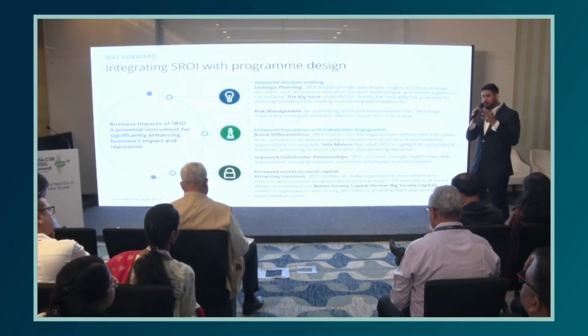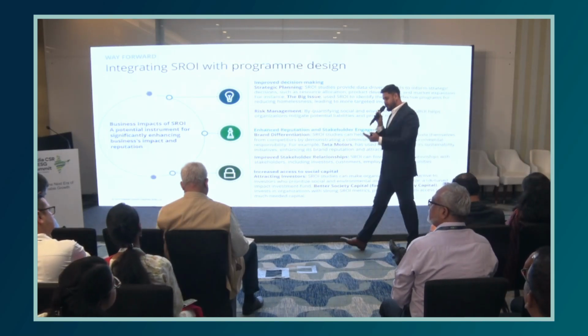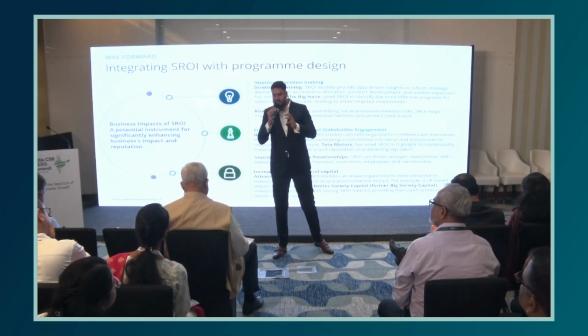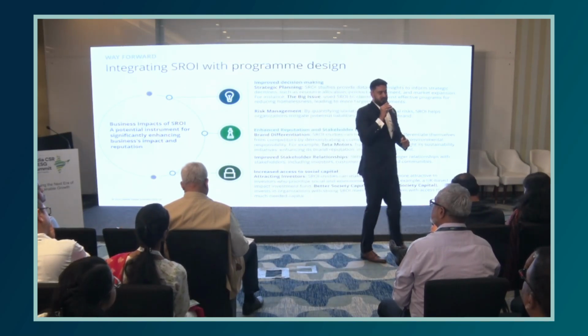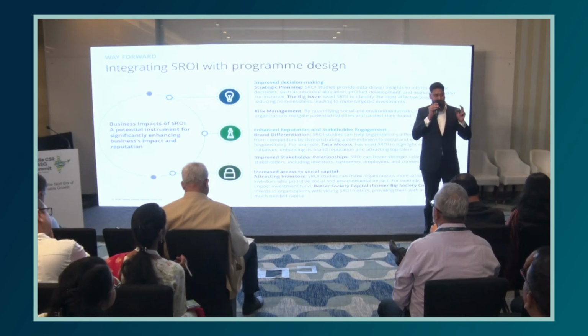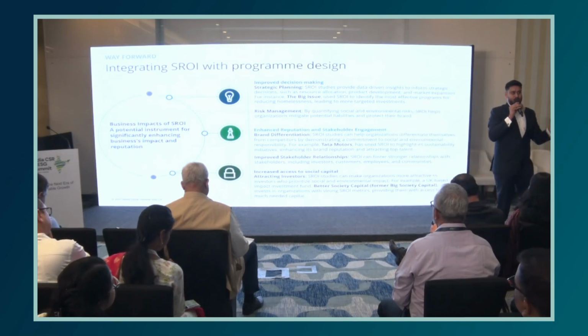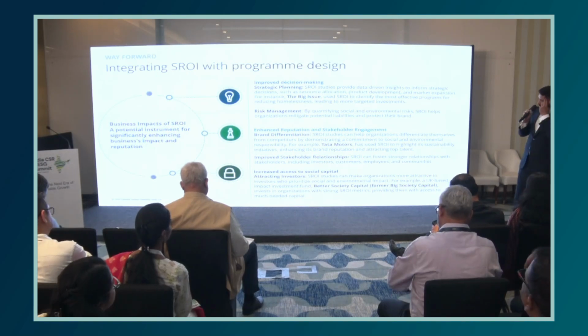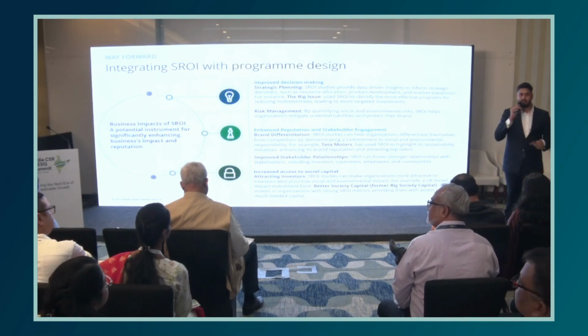So for example, if I want to run a 5-year program, I did an SROI for the first 2 years, and my ratio somehow is skewing or not giving me accurate results. Can I do a quick pivot? Can I scale up my program, maybe put in more inputs, or start looking at my outcomes in a different way? Risk management, as Swami mentioned, that the social and environmental risks are also being looked at